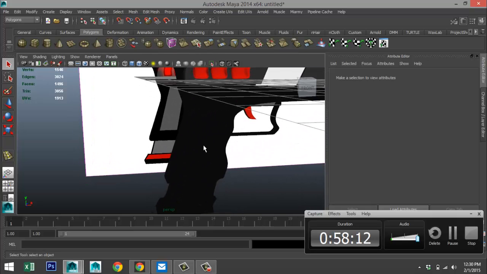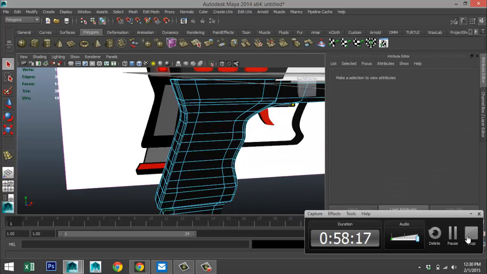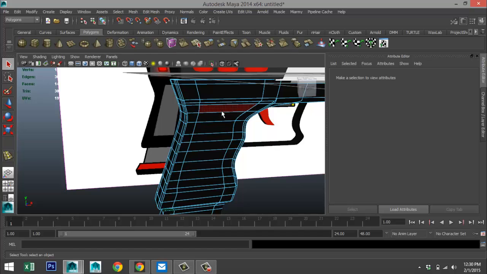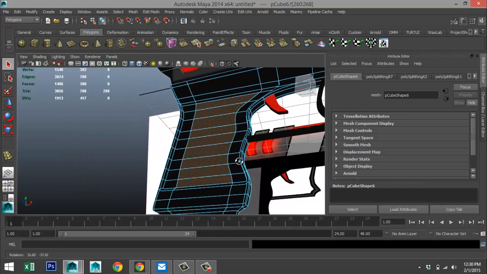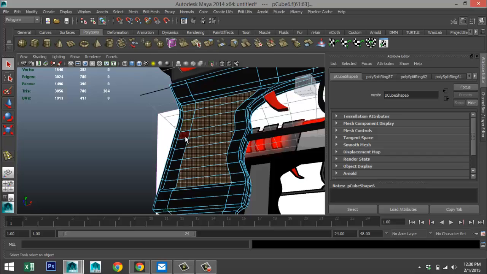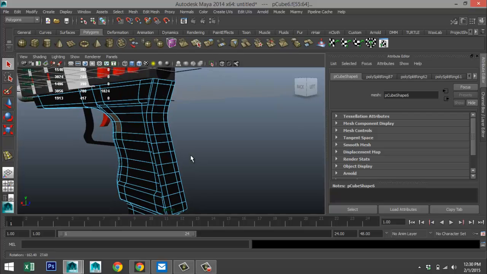So we need to deal with this right here. Right click face, minimize that. So we got all that. Same at this end.